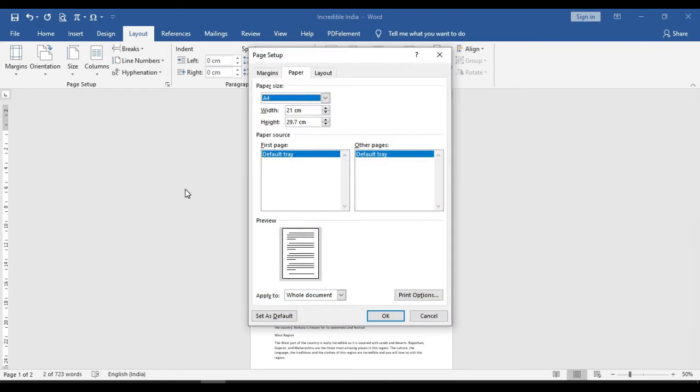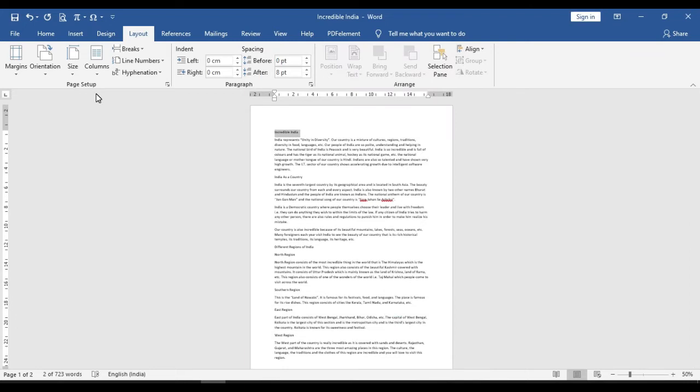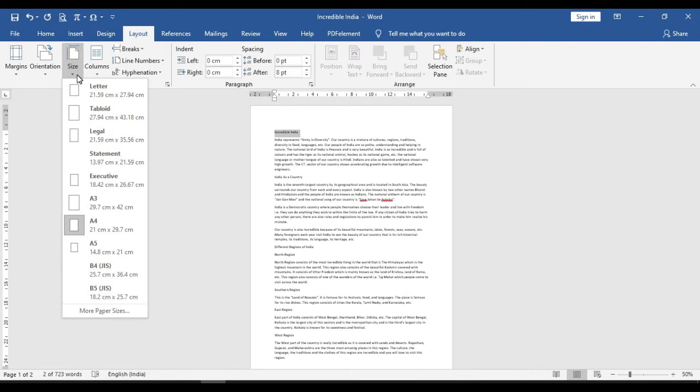Click on more and you will get more options. Okay. You can also select custom page. As you required, you have to change the width and height of the page and then click on OK. So to change the page size, click on the size option and select the desired page size you want.